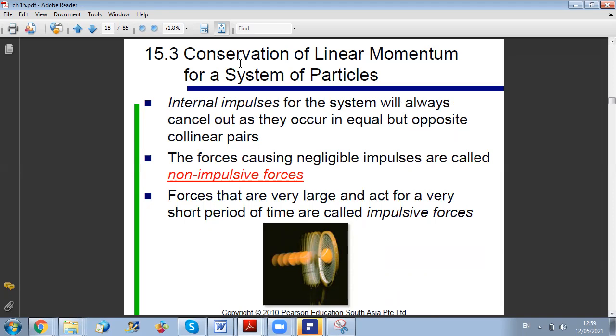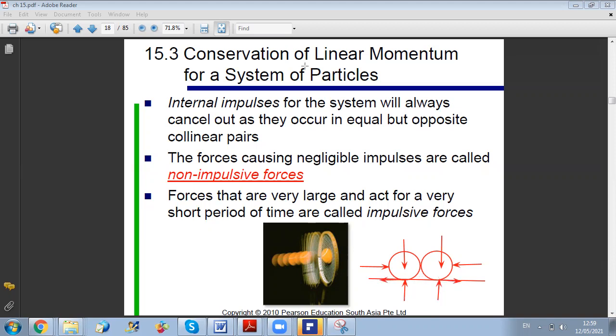For example, if you have two particles, each one moving at a certain velocity on a smooth table, let's say. Even if the table is not smooth, even if it is rough, in general, what will happen? Let's say it's a rough table. What are the external forces acting? The weight of the balls, the normal reaction, and the friction on the balls from the surface.